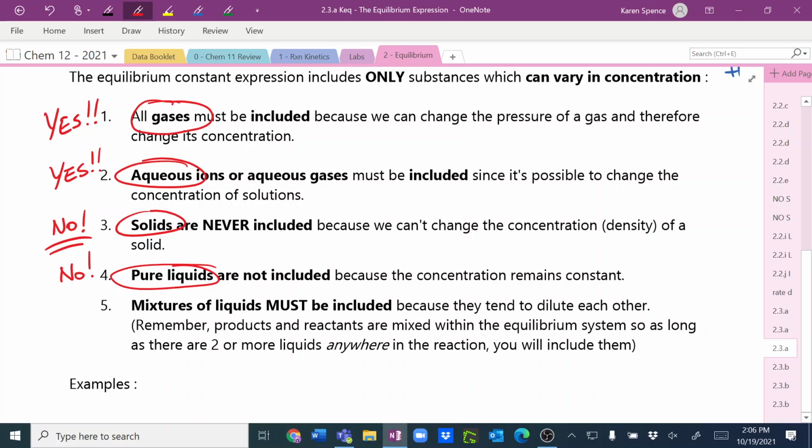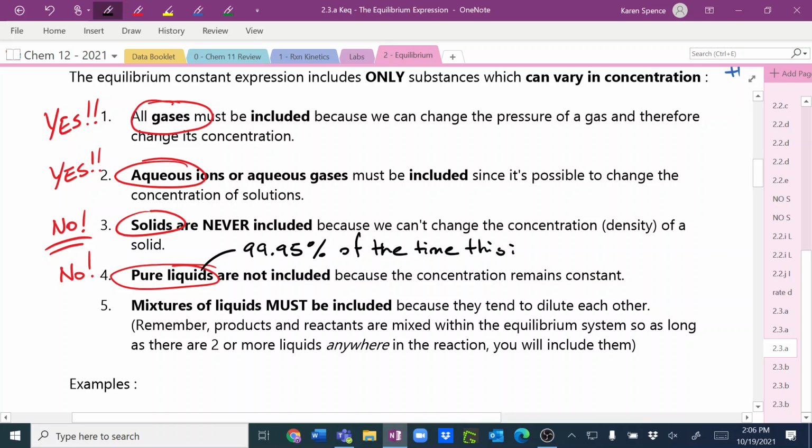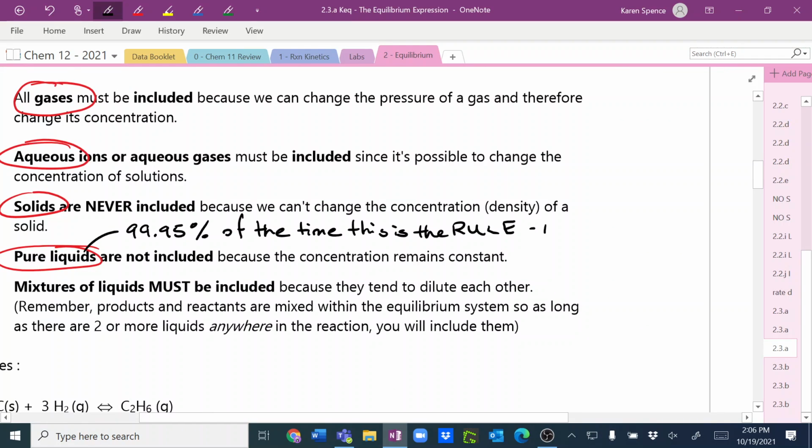Okay? So you could say this is the main rule for liquids. So when I say liquids, you say no. Liquids. Liquids. Oh, that was fun. Okay. Anyway,